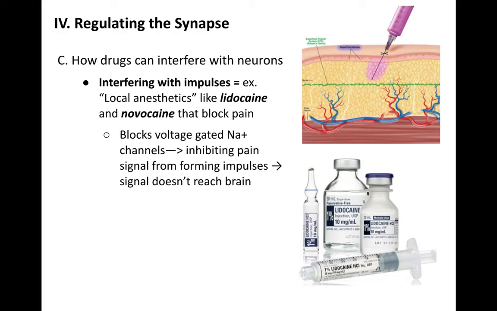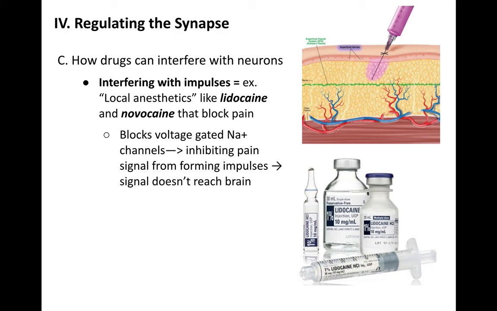from working. Now this, on the other hand, is a very dangerous drug to have throughout your body, because all the neurons in your body function using action potentials. So if you took lidocaine or novocaine and pumped a ton of it into your blood, you'd basically shut down your neurons. And then your body would stop working. So this is why lidocaine and novocaine is injected directly next to whatever you're trying to numb, and in small